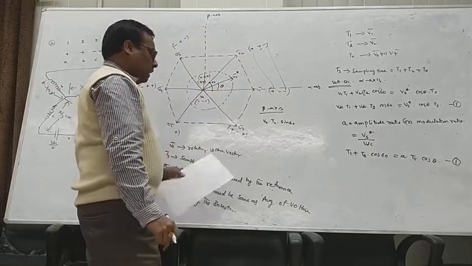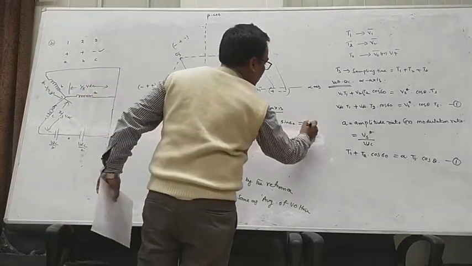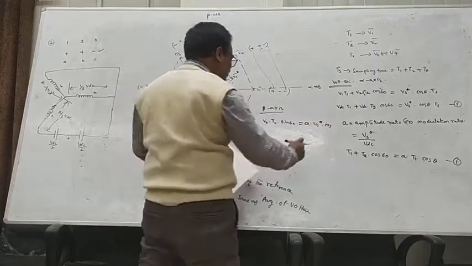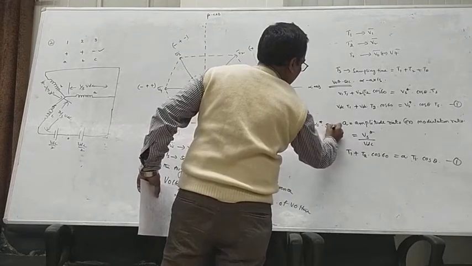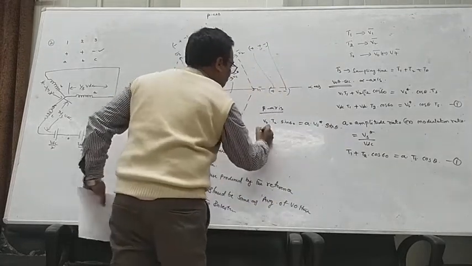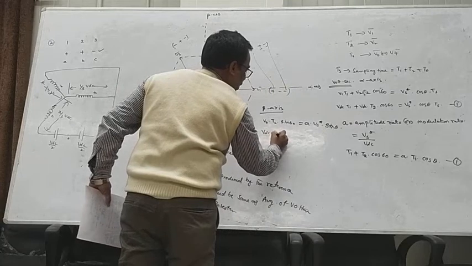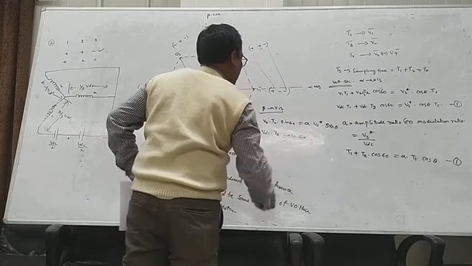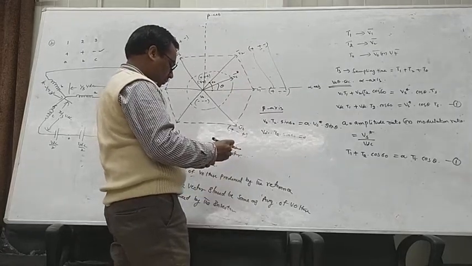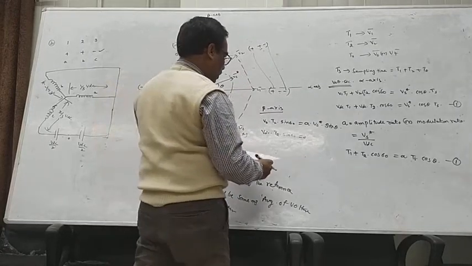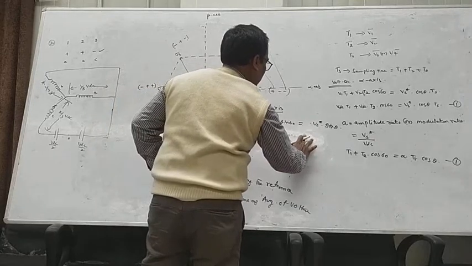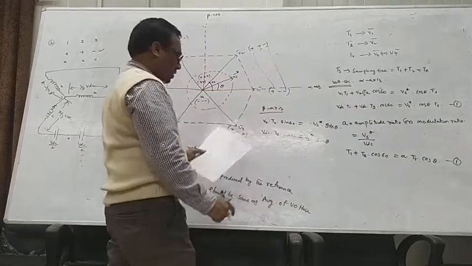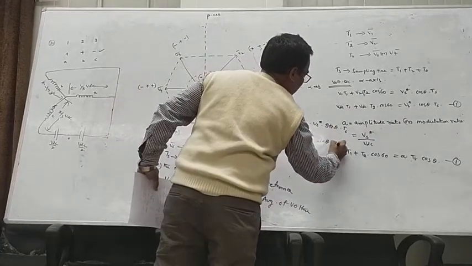So sine 60 is equal to A into Vs star into sine theta. So again, this V2 is VDC into T2 into sine 60 is equal to, not A here, Vs star into sine theta into Ts, the total sampling time Ts.